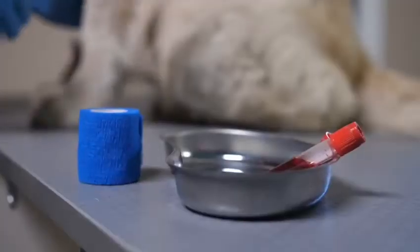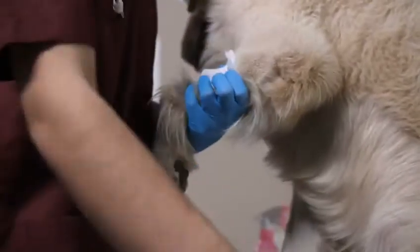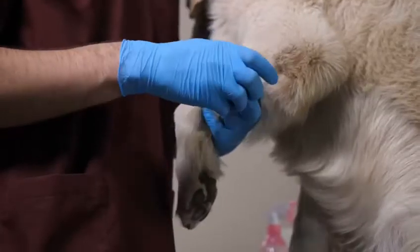One of the ways we can use lab work to help us diagnose and treat a patient would be if a patient comes in with certain clinical signs or symptoms, such as drinking a lot of water and urinating a lot. There are a number of different reasons for that. Your veterinarian may recommend a blood and urine test to try to identify the cause of your pet drinking and urinating more. A blood test would help us look at their blood sugar, which could potentially catch diabetes. A urine test would help us look at their kidney function and if there's maybe a urinary tract infection that's